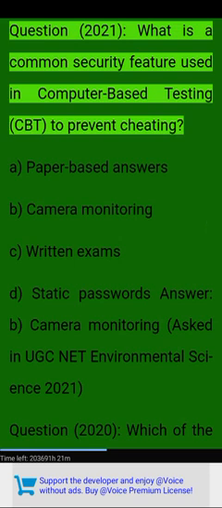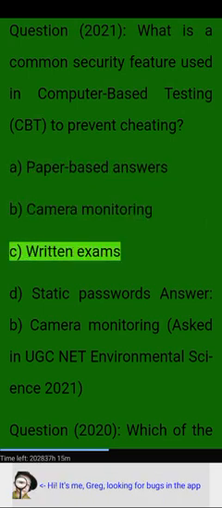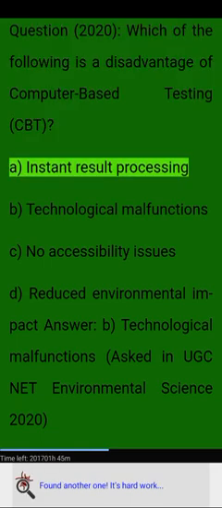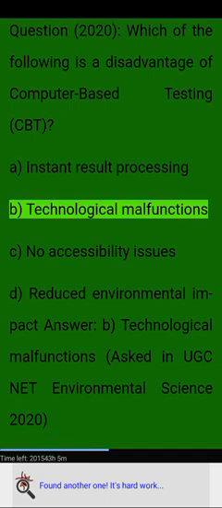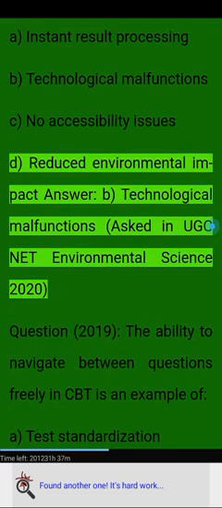Question 2021. What is a common security feature used in computer-based testing, CBT, to prevent cheating? A. Paper-based answers. B. Camera monitoring. C. Written exams. D. Static passwords. Answer. B. Camera monitoring, asked in UGC NET Environmental Science 2021. Question 2020. Which of the following is a disadvantage of computer-based testing, CBT? A. Instant result processing. B. Technological malfunctions. C. No accessibility issues. D. Reduced